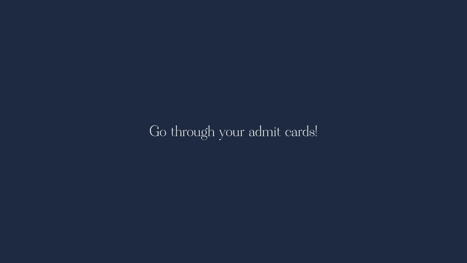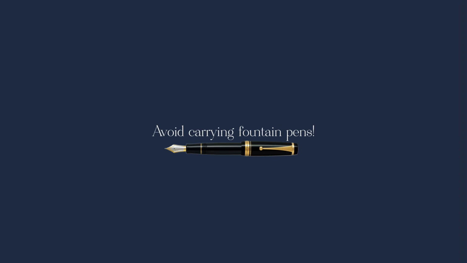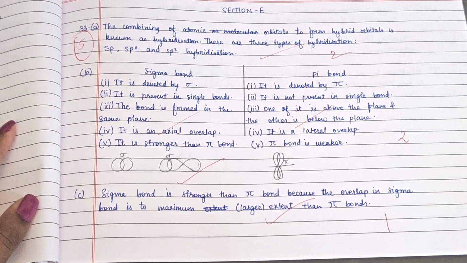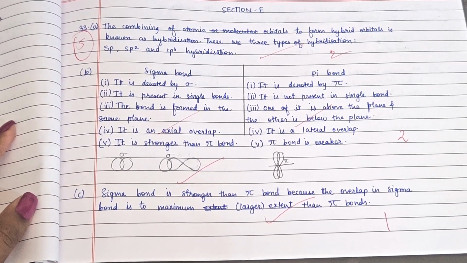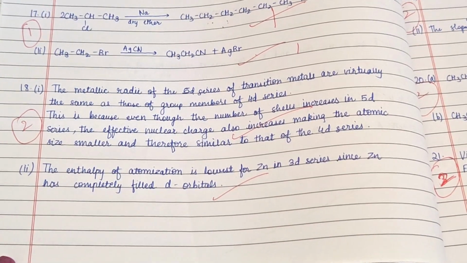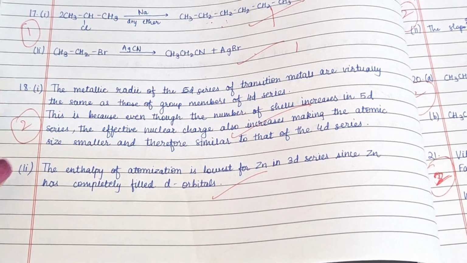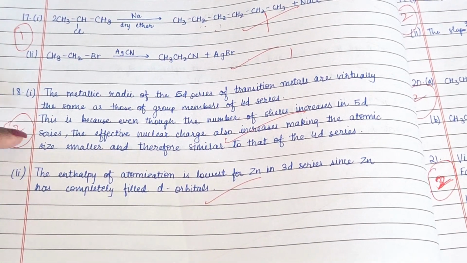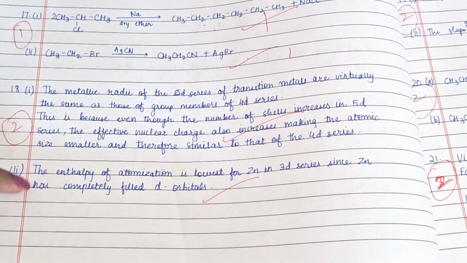But yeah, definitely avoid using fountain pens. They are so risky. If they leak or if you spill the ink, it'll ruin your entire paper. So I'd say don't even carry fountain pens to your exam hall. What I used to do is fill in the OMR sheet, like the first page where you have to enter all your details, with a ballpoint pen just to be safe, and write all the answers with a gel pen. But I'd say it's better that you use one ink to write the entire paper.